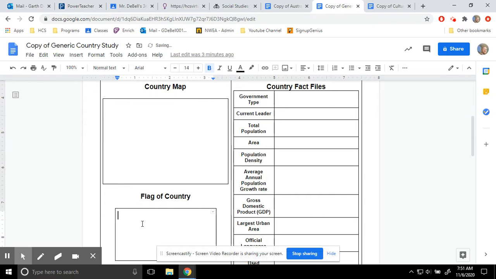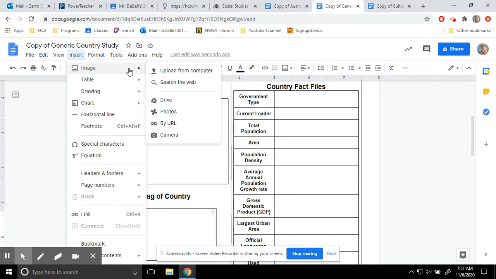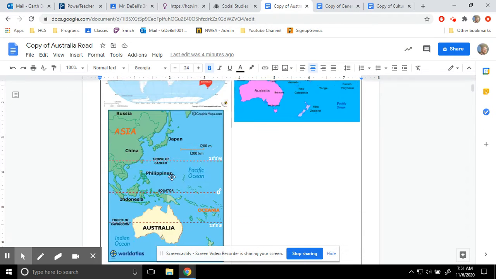Country map and flag country, we're just going to go to insert, image, search the web, and we're going to search the web for an Australia map, and we're going to search the web for an Australia flag. All right. So again, with the government type, current leader, population, all that stuff is going to come directly from